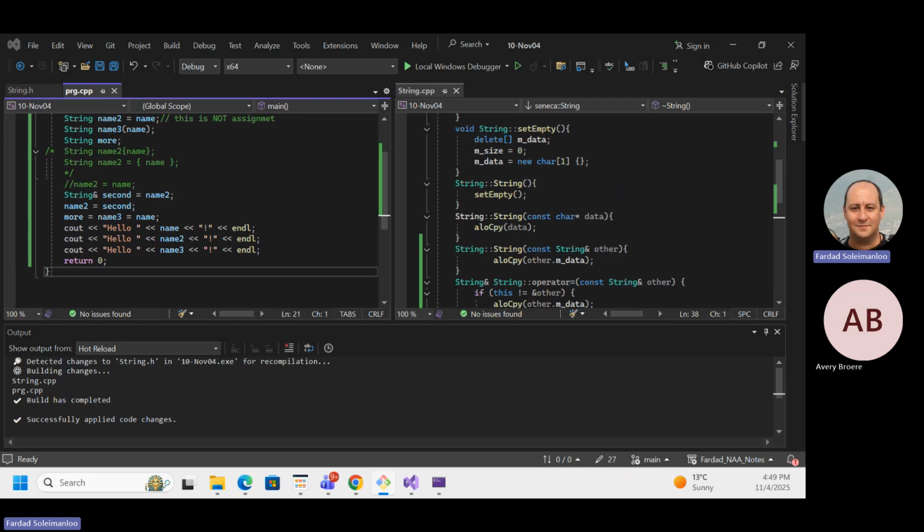Let's see. I got it with SSH. I'm hoping that it's going to ask for my user ID and password. Now, fingers crossed, git push. Oh, signing with your browser. Yay. Let's see if it's going to work.